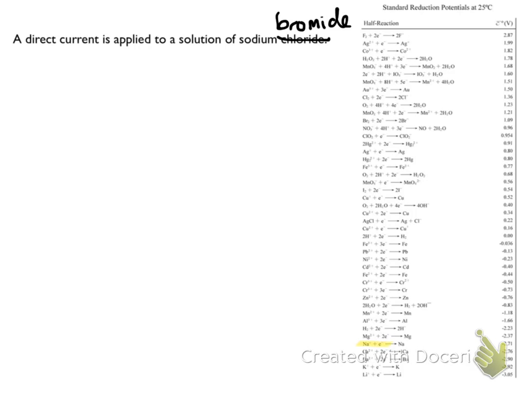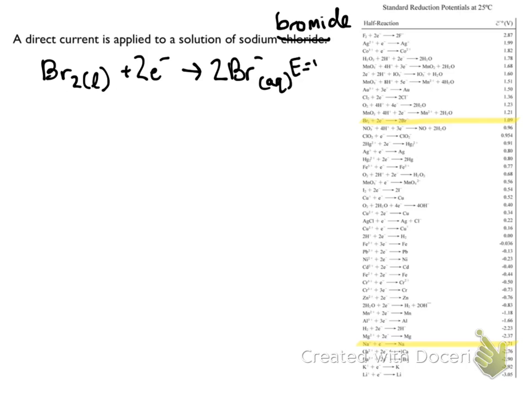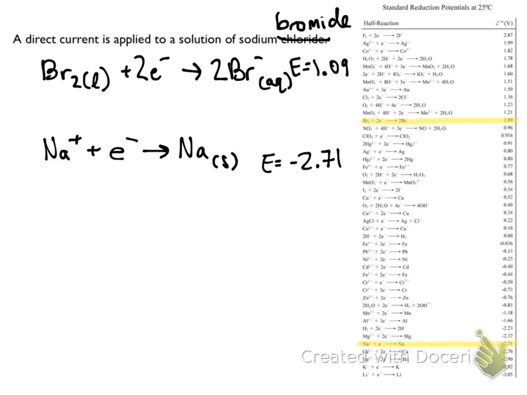Okay, so we're going to be looking at a direct current, which is an example of what you do when you have an electrolytic cell. So the first thing you're going to do is obviously write down and find your equations and half reactions that go with the solution you're given. And then obviously what you're going to do next is determine which one's oxidation and which one's